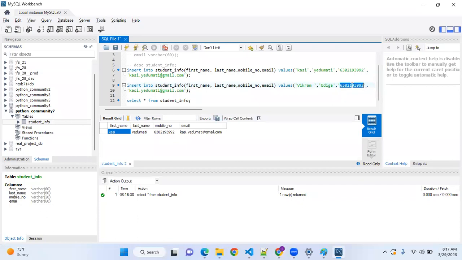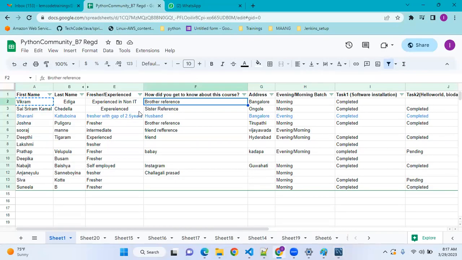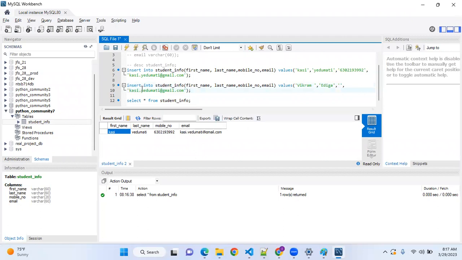Let us assume I don't know his mobile number. I know his mail ID, maybe. I'm just giving a test mail ID, test at Gmail or something.